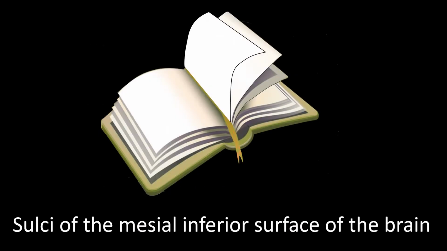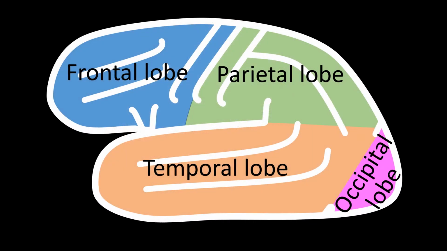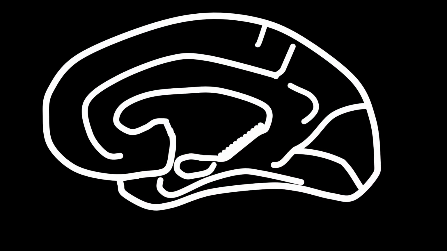Sulci of the mesial-inferior surface of the brain. Now we're going to start talking about the lobes of the mesial-inferior surface of the brain, to which we have already briefly mentioned. This is the now familiar view of the left hemisphere lateral surface. Here I am indicating the frontal lobe. Now we are looking at the mesial-inferior surface of the right hemisphere, as we have been doing